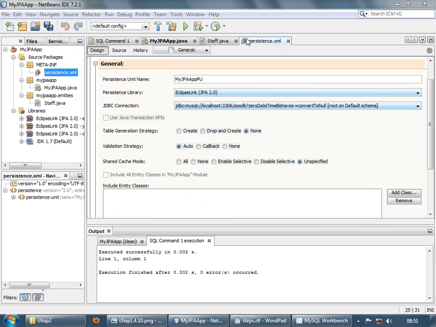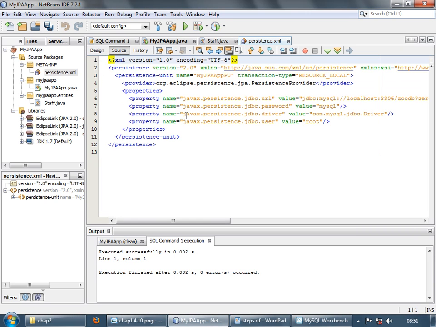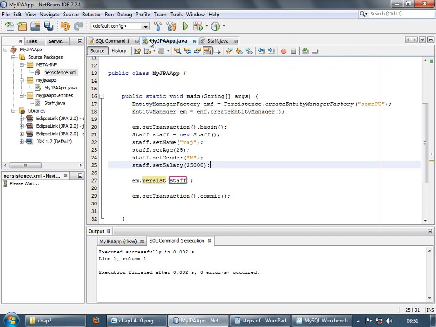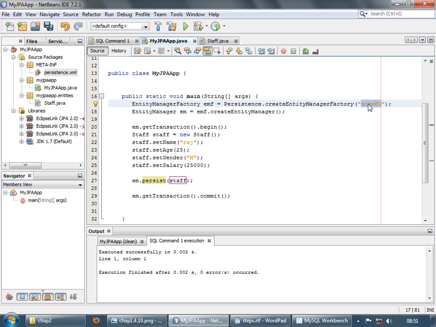Here is basically the persistence.xml file generated by our IDE. Let's go to the source. So here is that file. Here you can see the parameters for connecting to the database. Let's copy this string over here, the name of the persistence unit, and we'll put it over here. That's how this entity manager gets to know which persistence unit it is going to use for connecting to the